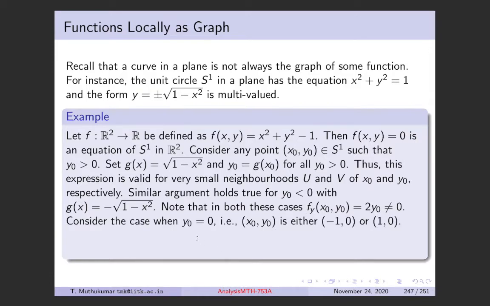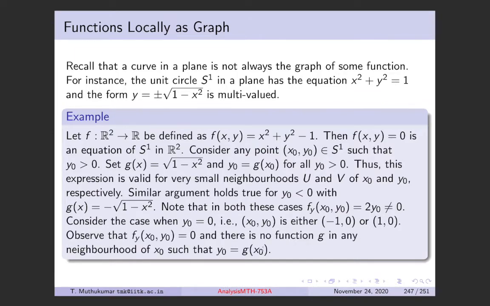If you take y naught to be 0, what are the possible choices on this line? When y naught is 0, minus 1 comma 0 and 1 comma 0 are the only possible points with y naught 0 on the circle. So on these 2 points, you see this condition is not satisfied. F_y of x naught and y naught is 0, right? This condition is not satisfied, and here you cannot,